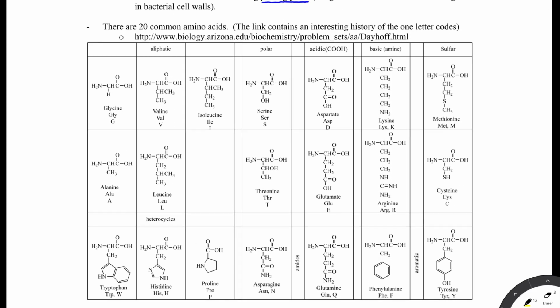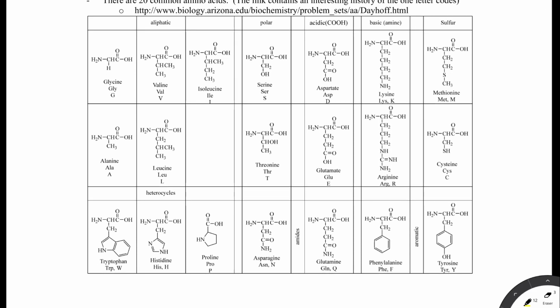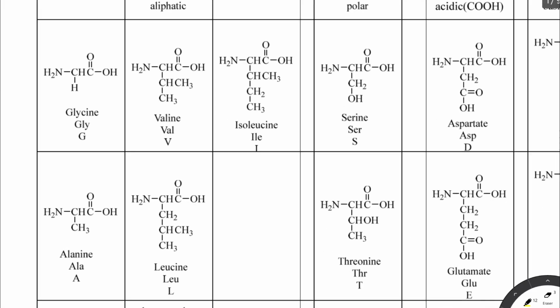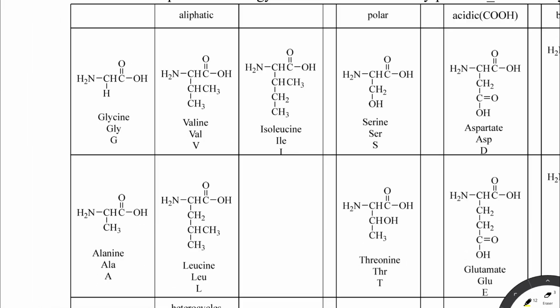Okay, so anyways, I'll just point out there are different ways that we organize amino acids. One way is by whether or not they're polar or nonpolar, and aliphatic means hydrocarbon side chains or hydrogen, and there's a whole list of them here, and you'll notice that each one has a name. So let's focus on the aliphatic ones. Each one has a name: glycine, valine, isoleucine, I'll use my big mouse here, alanine, and leucine, and that also